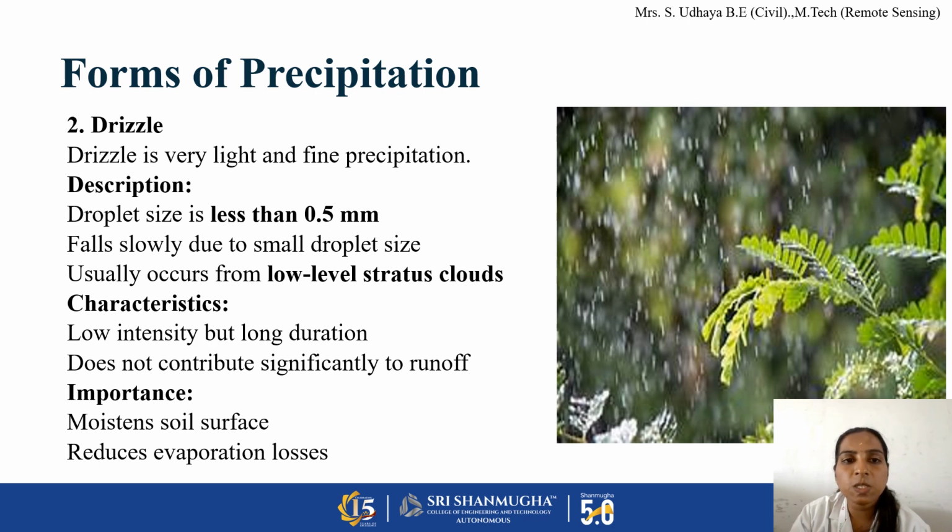The second form of precipitation is drizzle. Drizzle is also a miniature version of rainfall. It is very light and very fine. The size of the water droplet in drizzle is less than 0.5 mm, and it falls slowly when compared to rainfall. Usually it occurs due to low level clouds, and it is low intensity, but drizzle lasts very long